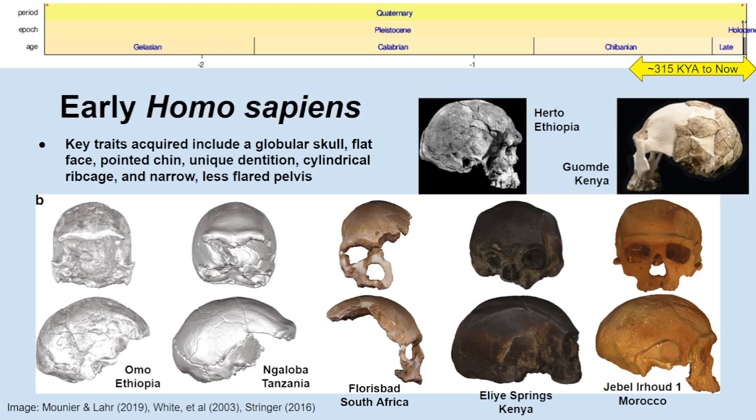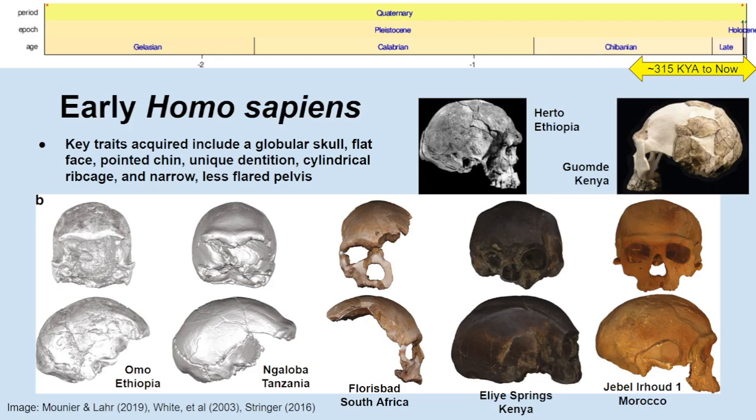Though far from complete, a close morphological match to the Jebel Irhoud skull is the Florisbad individual on the opposite side of the continent in South Africa, dated to 259,000 years ago. In Ethiopia, East Africa, the Omo and Herto remains date to 233,000 years ago and 160 to 155,000 years ago, respectively. These fossils, in contrast, have the rounded globular skulls very close to living humans, and not the ovular skulls of some other early Homo sapiens, like the Jebel Irhoud, though they still retained thick brow ridges among other ancestral